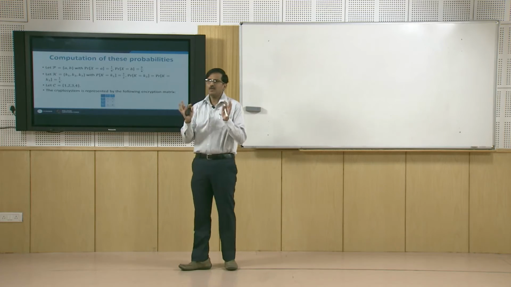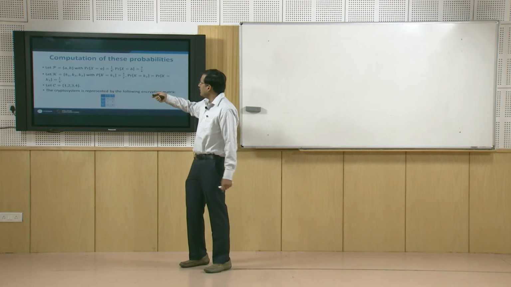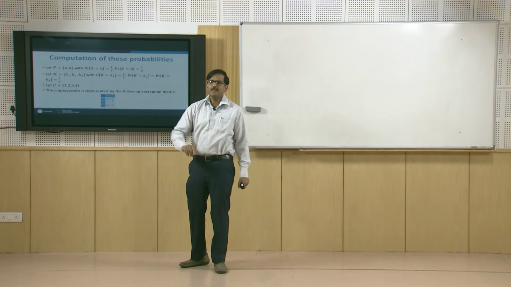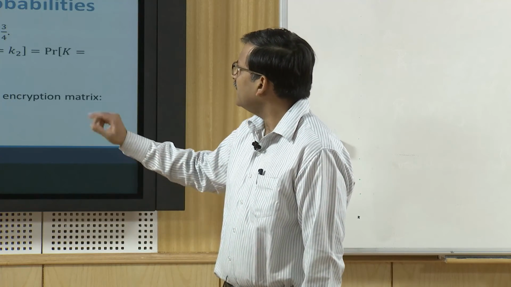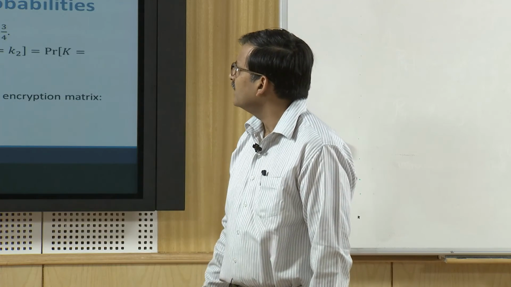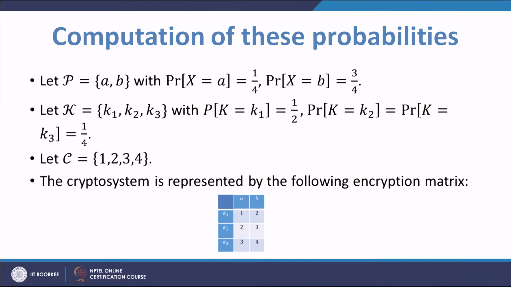So, now we have a small toy crypto system. What we have here is the set of plain text having two elements A and B, and the set of keys having three elements K1, K2 and K3, with the probabilities. We know that the probability of x being equal to A is 1/4 and the probability of x equal to B is 3/4. The probability of k equal to K1 is half, and the probability of k equal to K2 equals the probability of k equal to K3, which is 1/4, as we have written here, and